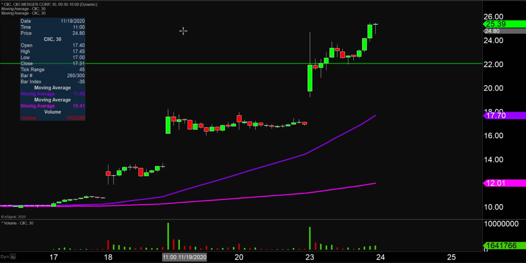Now don't get me wrong, it's not like if the price falls below 22, then that implies the entire chart's destroyed or ruined or anything like that. But if the price could manage to stay up above that level, that would certainly be a great sign of power moving forward. Taking a step back and looking at all this from the bigger picture point of view,